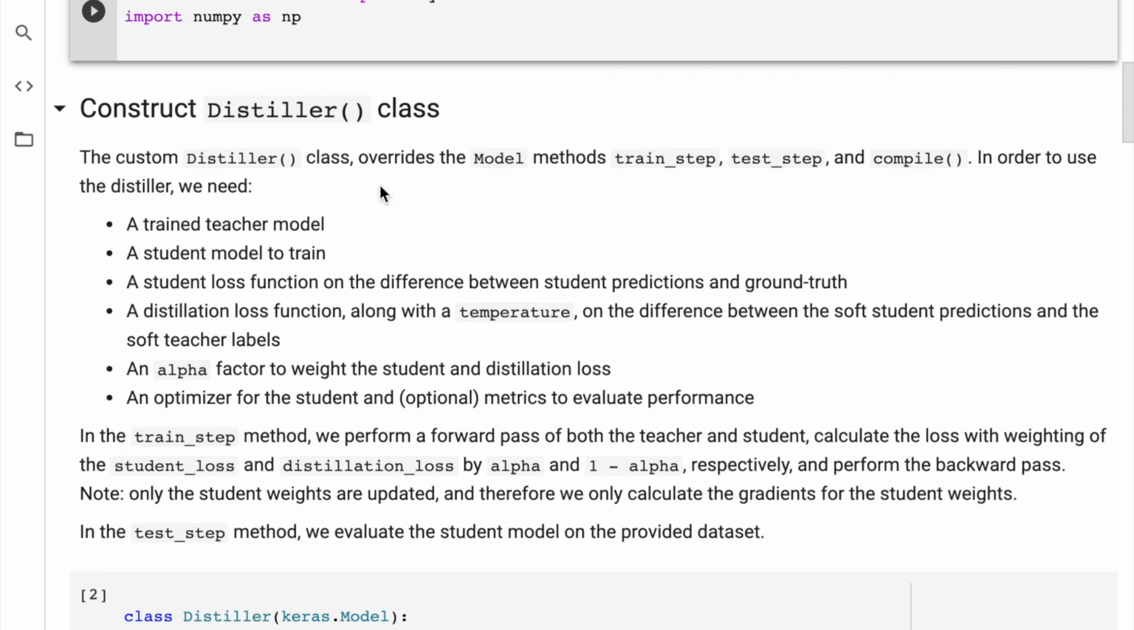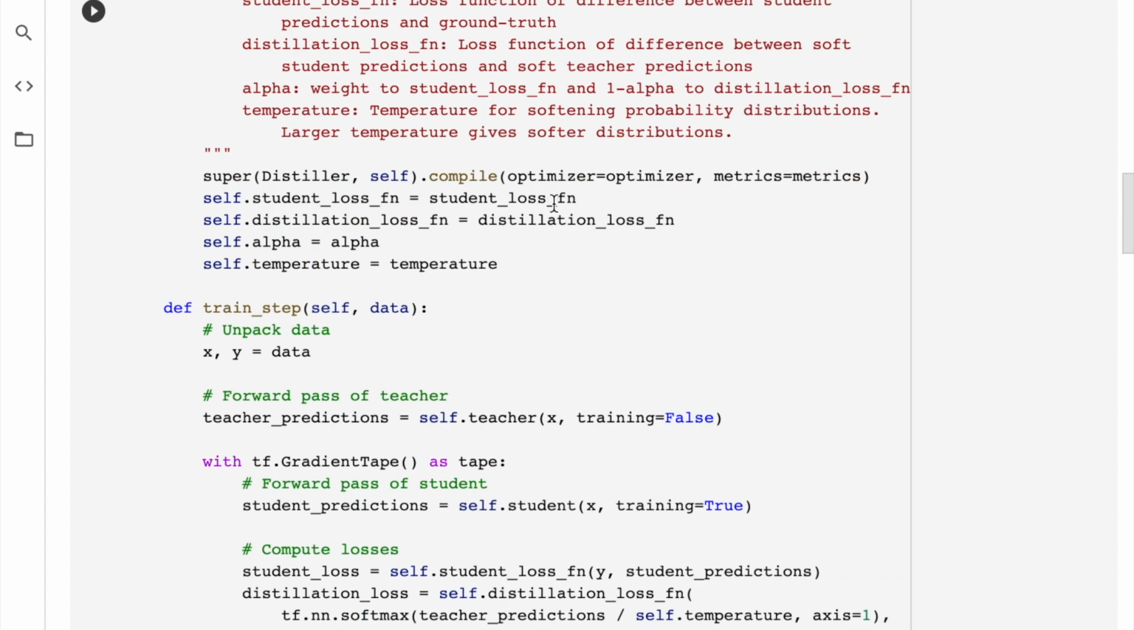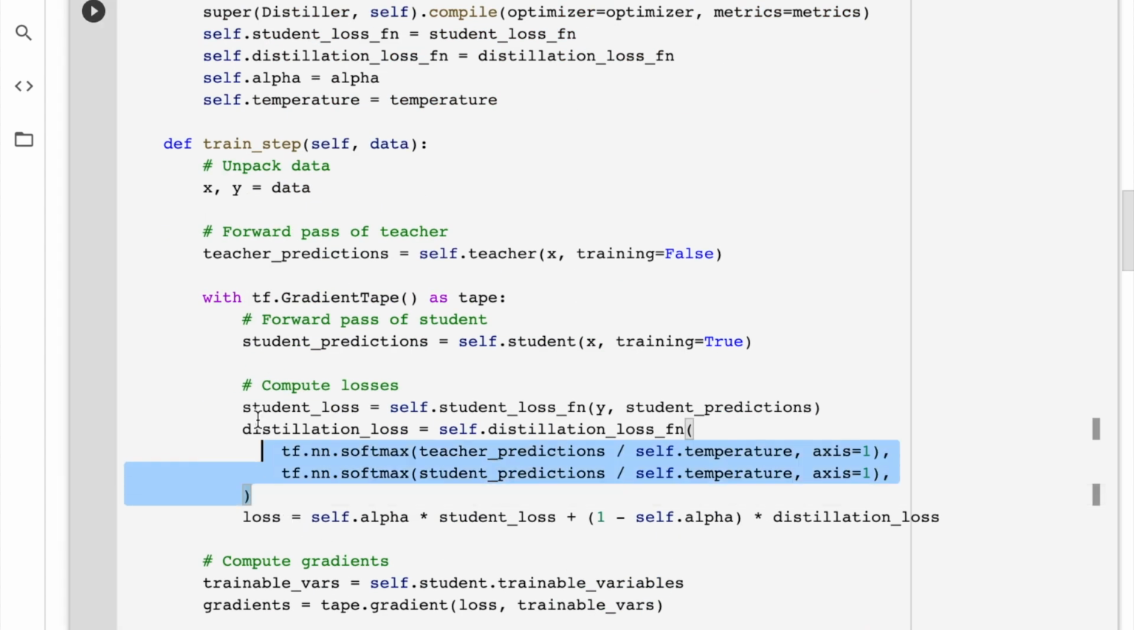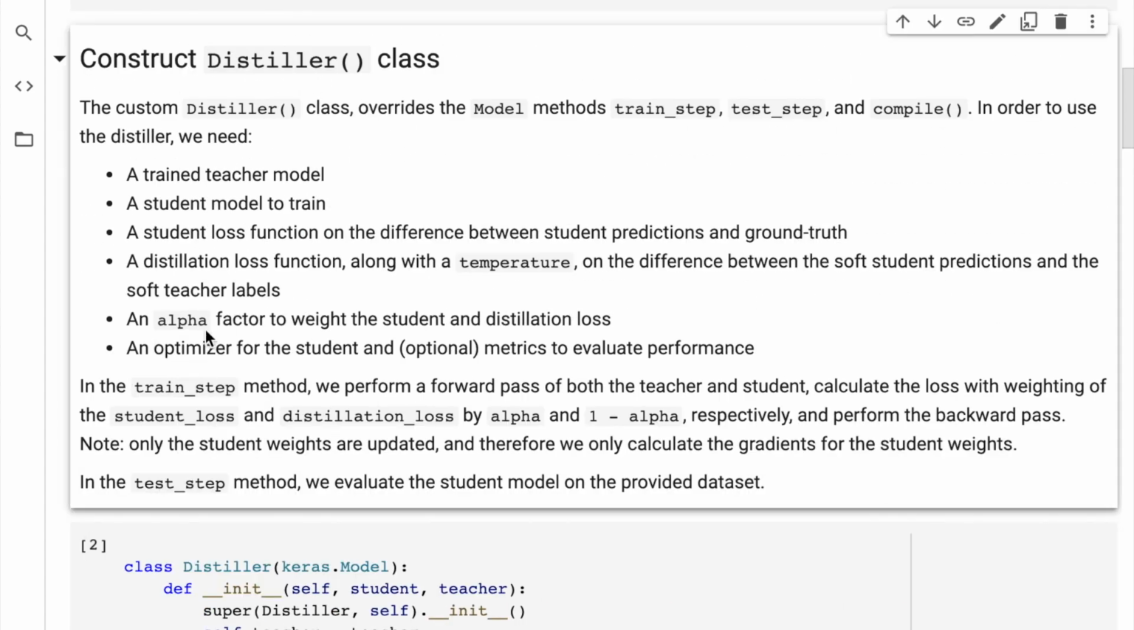So now we're going to be constructing a distiller class. As stated in the documentation describing the class, we're going to have a train step, test step, and compile, and we're going to have a teacher model that's already been trained, a student model to train, and the loss function where we implement this custom loss, which has the difference between the student-teacher predictions and the student predictions. And then we're going to have the alpha factor to weight the loss, because in knowledge distillation, you don't only train on the teacher's labels. You're also going to train on the one hot encoded labels as well,